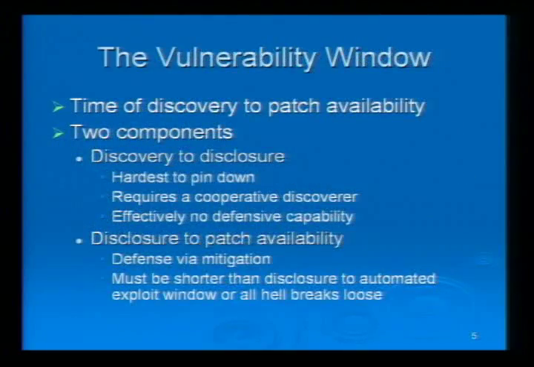So to talk about a couple things, the notion of a vulnerability window: you can talk about it a lot of different ways, but basically it spans the time frame from the discovery of a vulnerability, whether it's disclosed or not, up through the time at which a patch becomes available, and then you could extend that through the delay for lazy system administrators getting the patch applied, and that's a different problem. You can break the window into two components, as I view it. You have discovery time to disclosure time, which, if nothing ever gets disclosed, could be forever. But